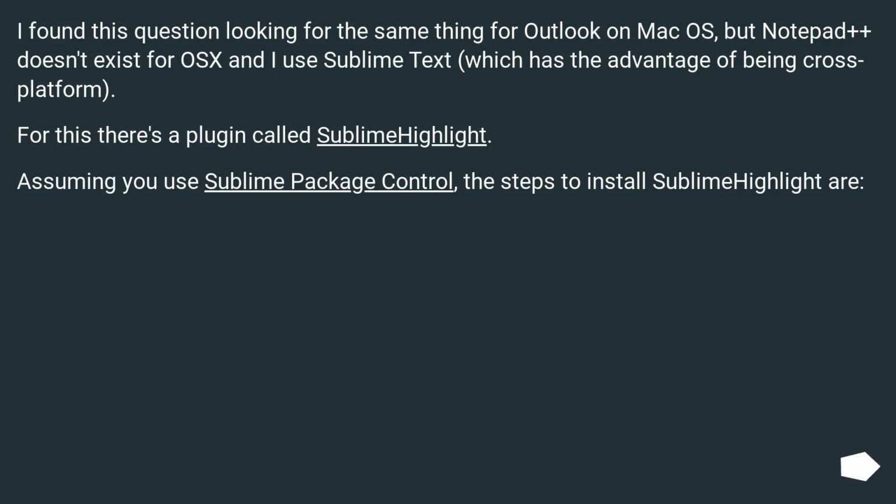I found this question looking for the same thing for Outlook on Mac OS X, but Notepad++ doesn't exist for OS X and I use Sublime Text, which has the advantage of being cross-platform. For this there's a plugin called Sublime Highlight. Assuming you use Sublime Package Control, the steps to install Sublime Highlight are: